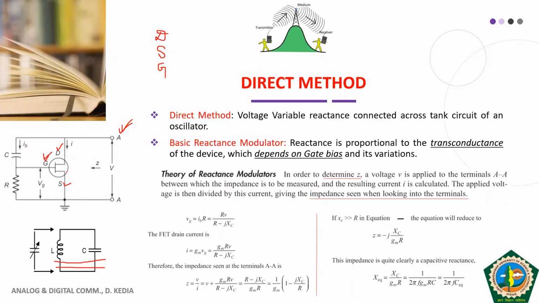Okay, and then your current will flow from your source to drain or vice versa. And depending on the gate bias, the current flowing through your drain to source or source to drain will vary. Another important thing, students, is that whether it is your BJT or your FET or diode, they have inbuilt capacitance. Okay, and that capacitance is voltage variable.